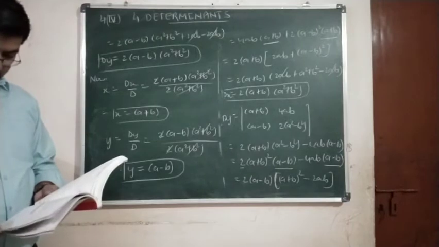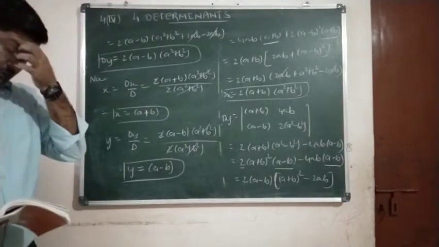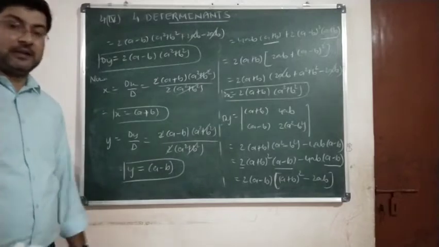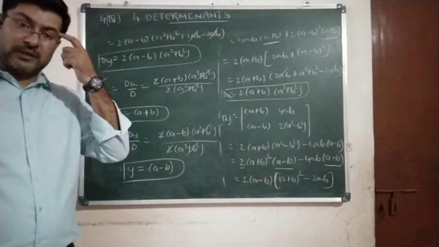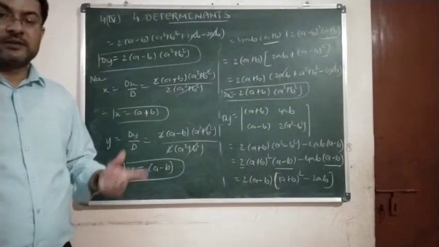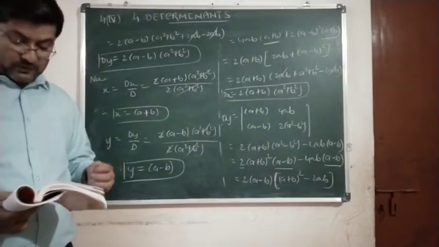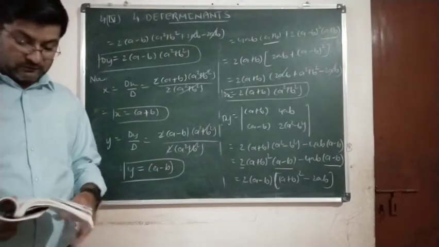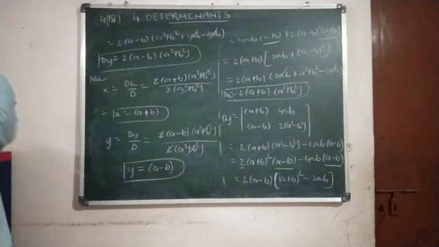This was question number 3. So far in questions number 1, 2 and 3 we have solved systems of simultaneous linear equations which involve two equations in two unknowns. Now from question number 4 onwards we have 3 equations involving 3 variables. So we will begin with question number 4, first one.